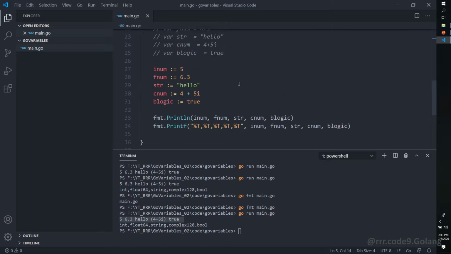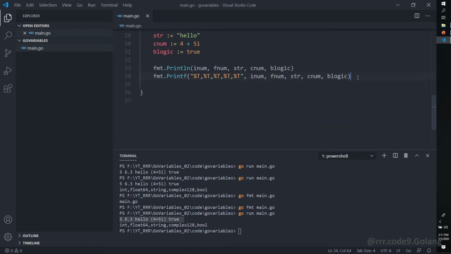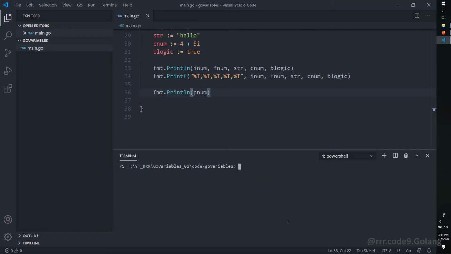So let's try to access this pnum. So we can write fmt.Println pnum. Clear screen, run the code again.